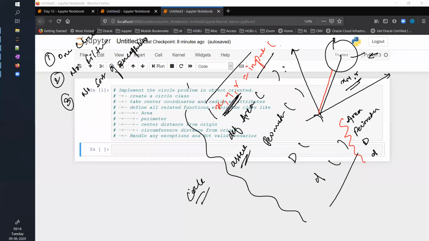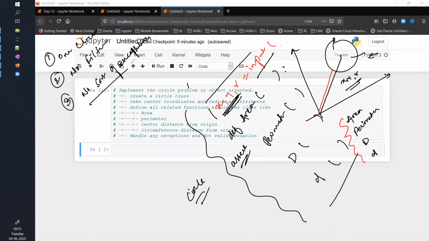Going forward, there will be many more things that we will be discussing with this problem. Maybe let me start solving this, like how you create classes and everything. I'm not sure whether every one of you has a brief introduction or basic idea of object oriented programming. Is anyone hearing this term for the first time? Okay, fair enough. Those who don't know, let me try to explain this entire object oriented programming through this circle problem.